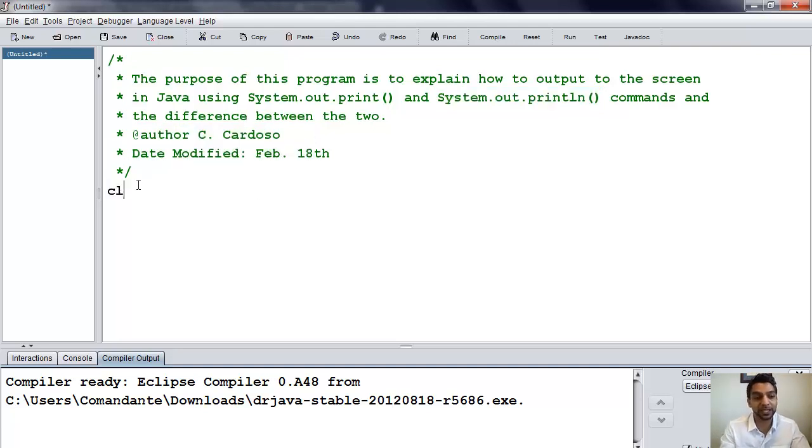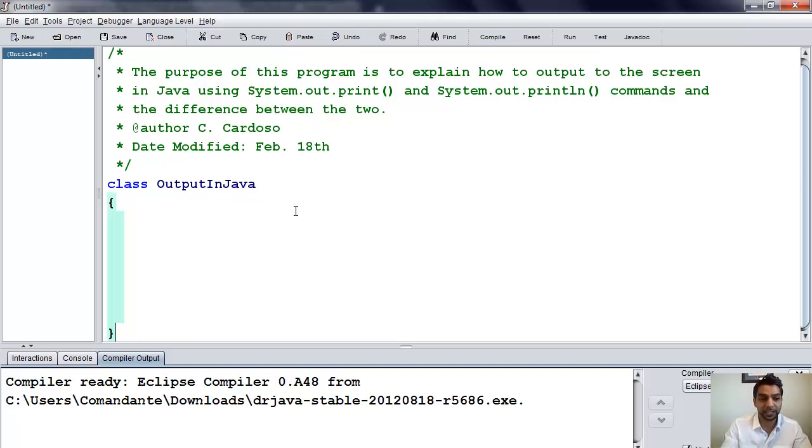So I start by typing the class name. So class, and then I'll give it a name. Let's call it OutputInJava. Again, notice how I capitalize the first letter of every word in my class name. Okay, I'm going to open the class, and then down below I'm going to close the class, and all my